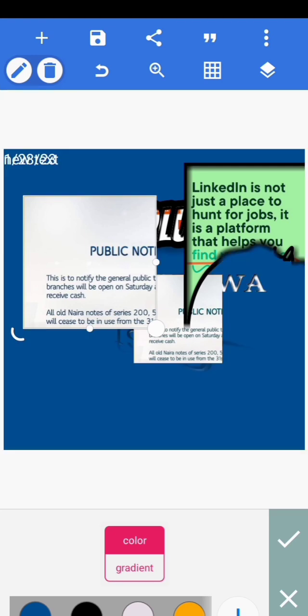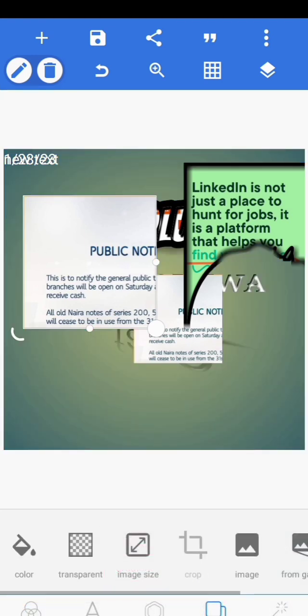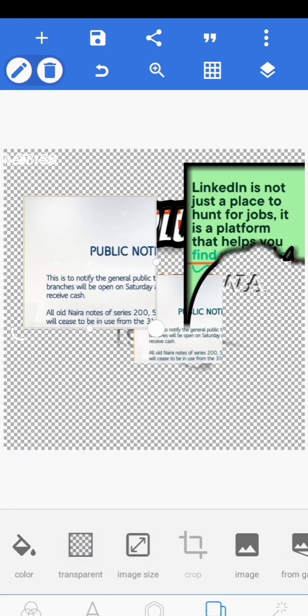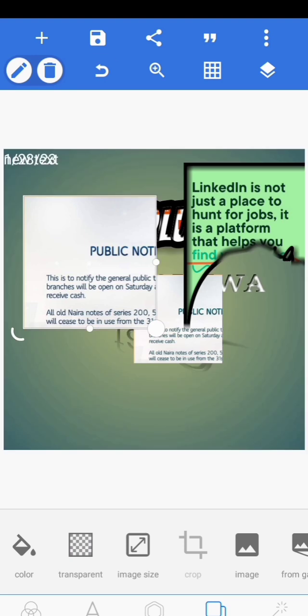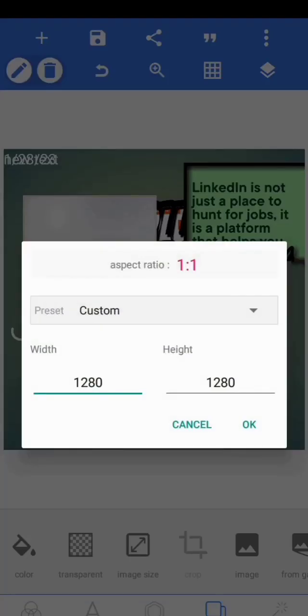So let's go back to this. I can make it transparent in case I want to save a particular image without any background. Maybe I'm using it to design a logo. I can just do that without having any background behind it. So I'm going to go back, and then I can change the size